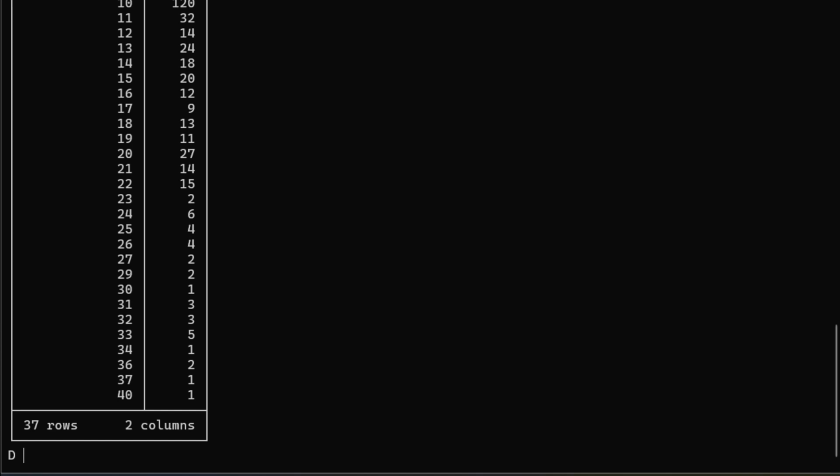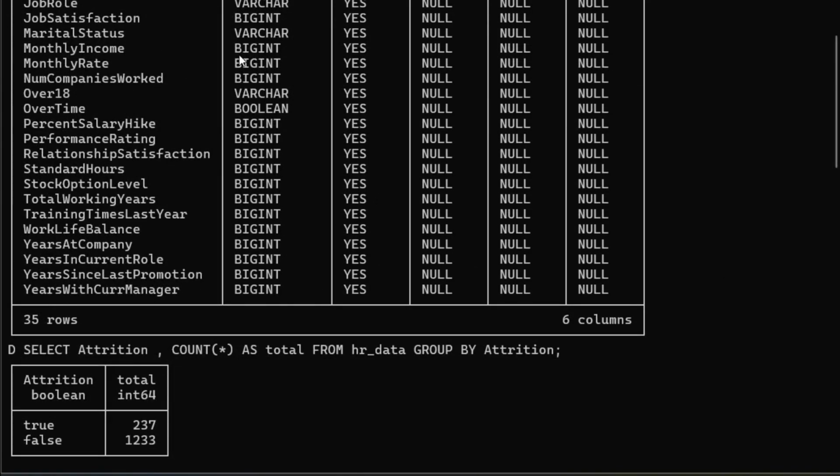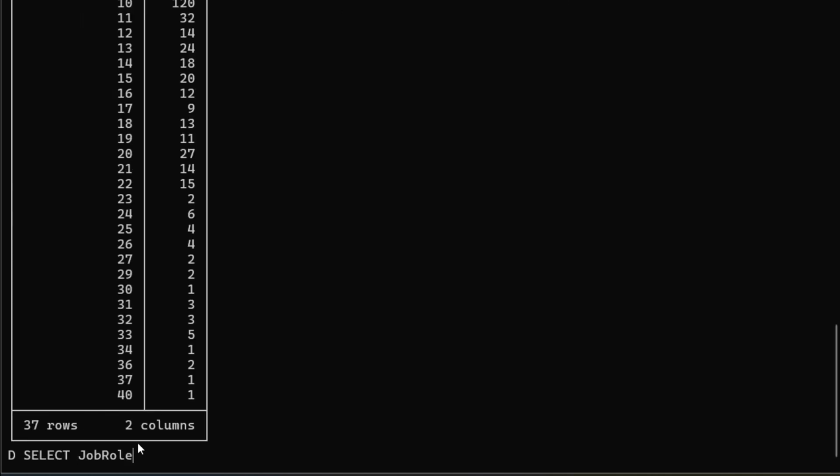Okay, now let's analyze the attrition by job role. We talked about the salary, we talked about the years at the company, and now we are going to talk about the job role. Is that because of that? So let's select, as I said, job role will be under this. Let's select job role and let's count it,